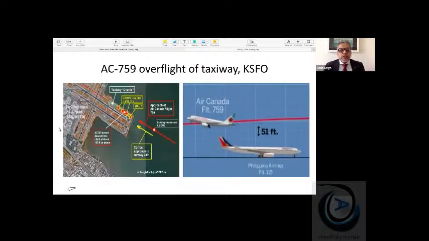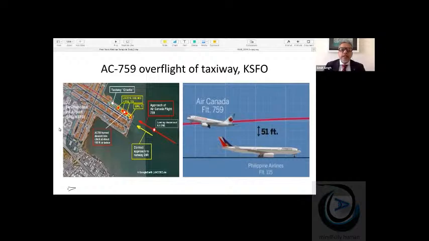If you look at this 759 profile, you would see on the left that San Francisco airport has parallel runways which are crossing each other. The yellow line depicts the approach path on which the aircraft was cleared to land. The runway to the left of the yellow was closed. The arrival was at night, and the runway lights for the left runway were shut, and there was an illuminated cross placed. But for some reason, the pilot aligned to the right.